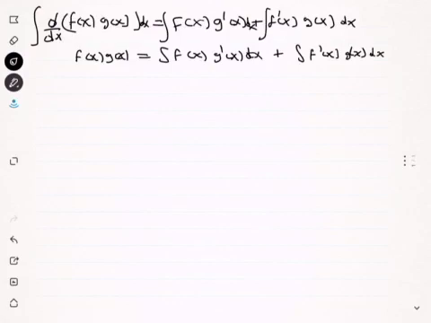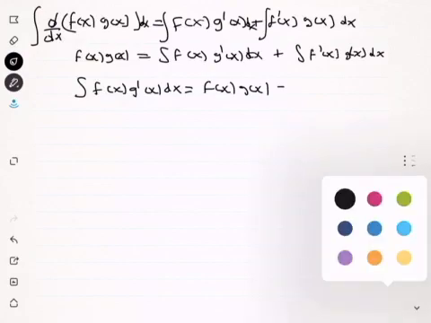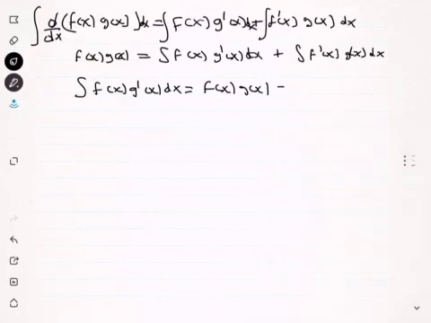If you reorganize this, you eventually get something that will look like this: the integral of f of x times g prime of x dx equals f of x times g of x minus the integral of f prime of x g of x